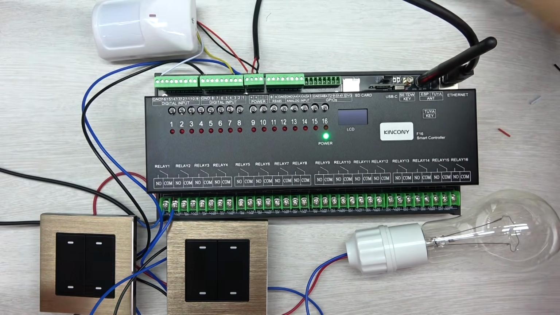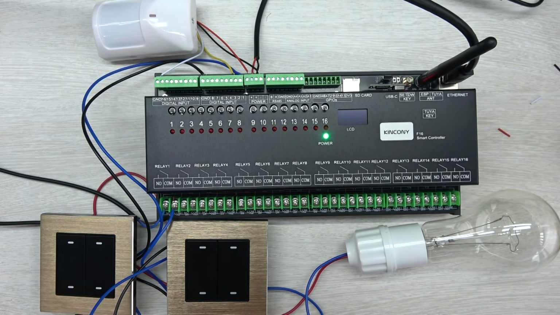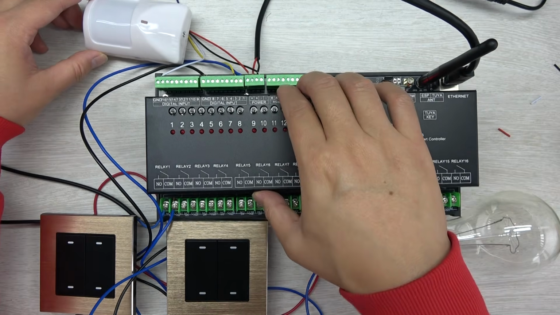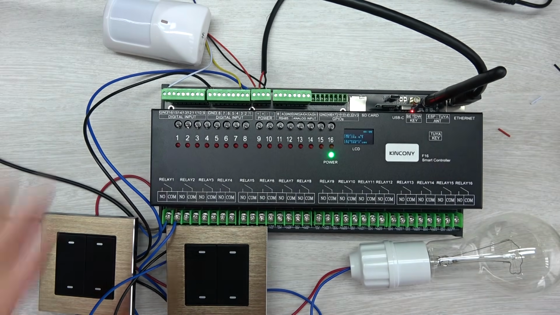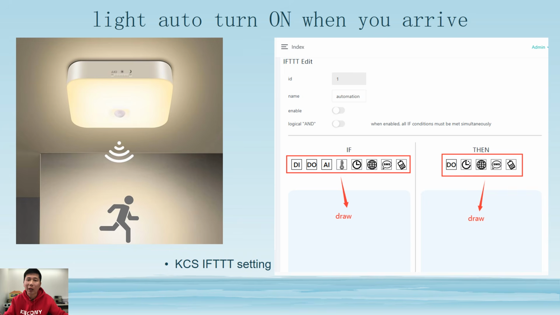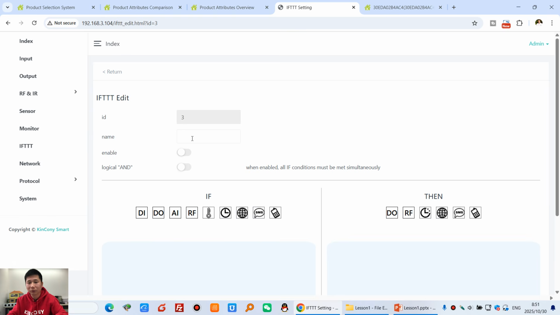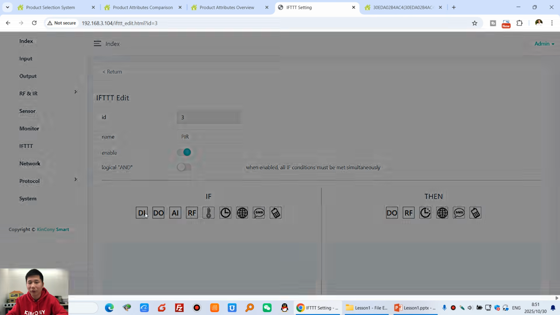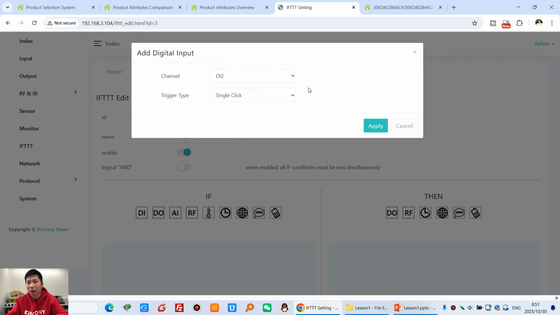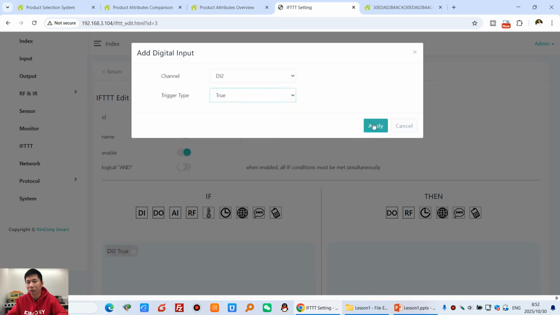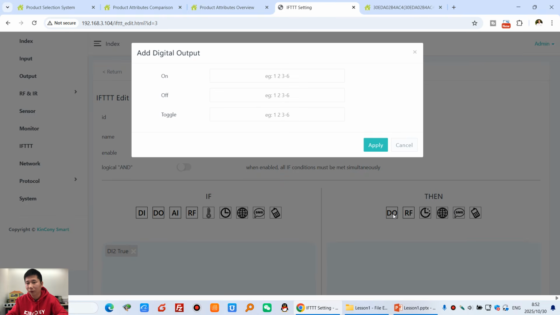Power on. This has a relay inside. And just don't stand in front of it, because that will be detected. Now I can configure it with IFTTT. I can create an IFTTT rule, PIR sensor, enable, if DI2 is true, then DO is on,